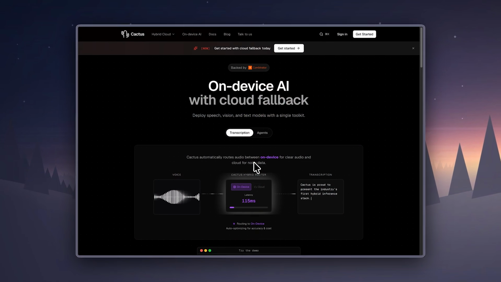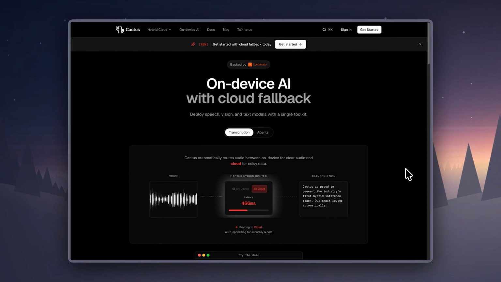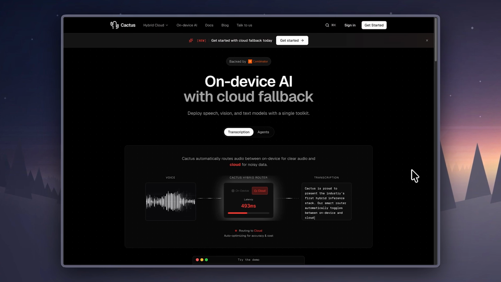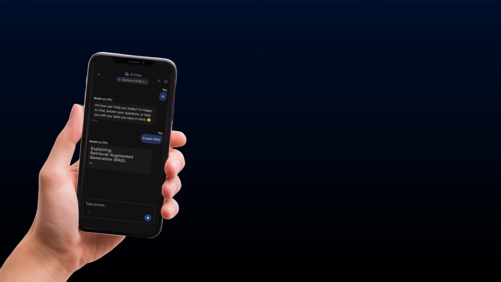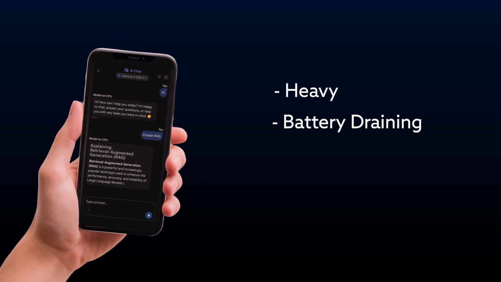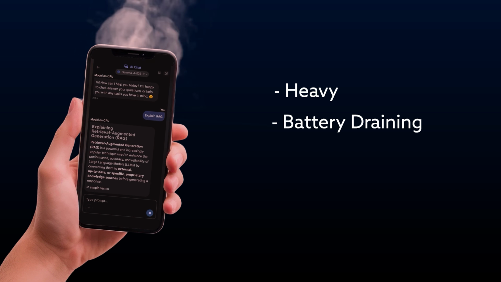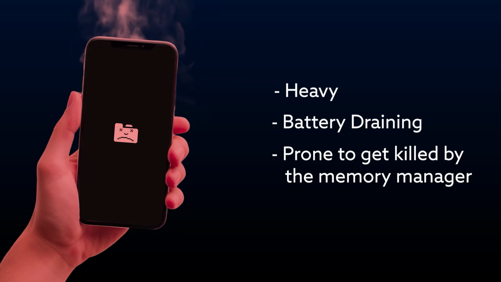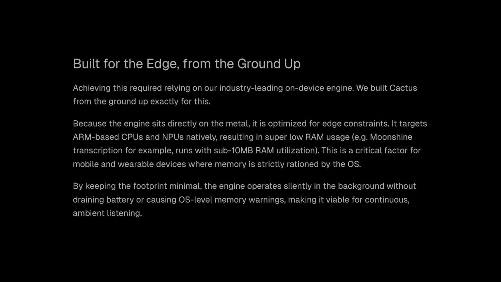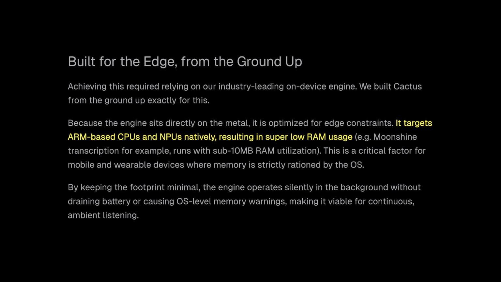This is Cactus. It's a low-latency inference engine designed to treat mobile and edge devices as first-class citizens. So usually when we try to run AI models on edge devices, they feel heavy and battery draining and prone to getting killed by the mobile operating system's memory manager. But Cactus is trying to solve this problem because it's built specifically for the constraints of the neural processing units